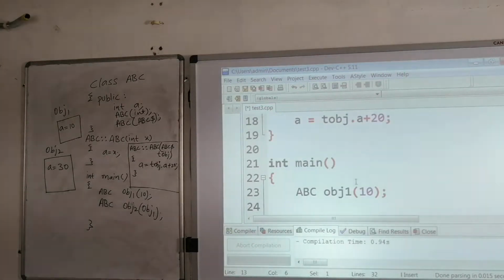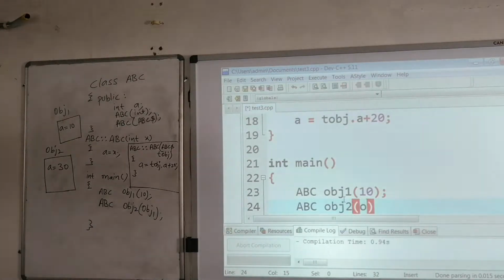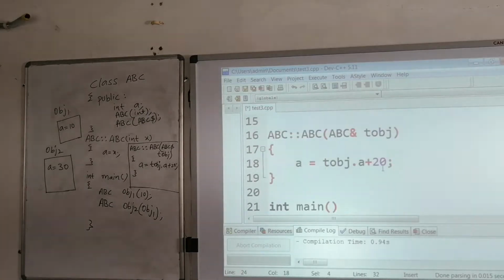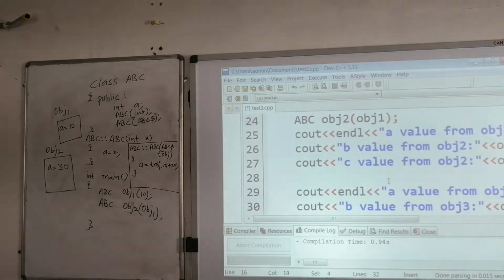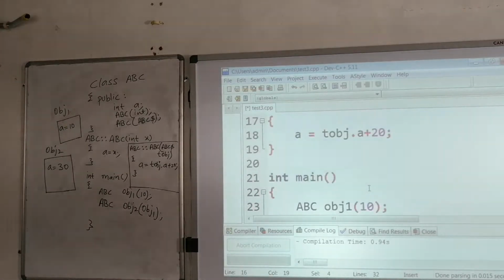So now I am creating my second object by using that copy constructor. Okay, so second object, ABC OBJ2, by passing that OBJ1. So when you are passing this OBJ1 over here, this TOBJ will become an alias to this OBJ1.